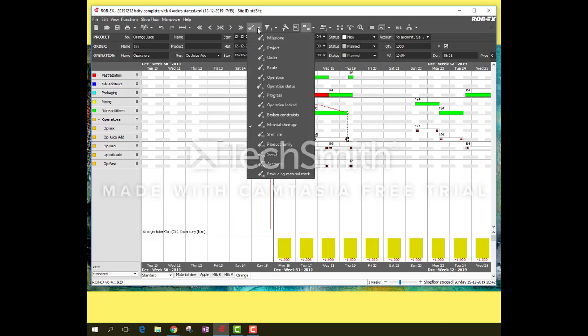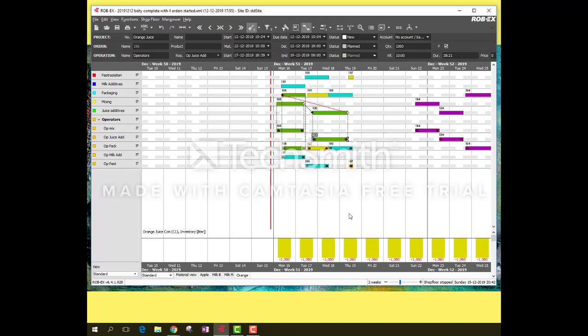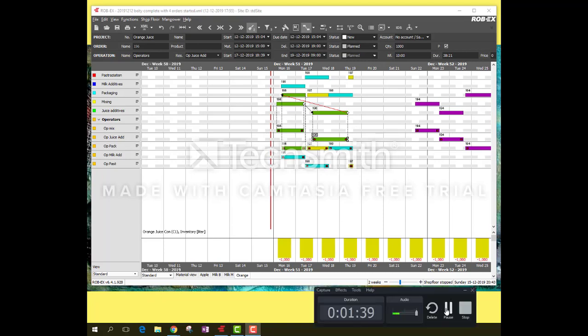Sorry, these are the colors here, project. So we separated them by product type into projects. Each color is a different product. And what we want to look into today is exporting